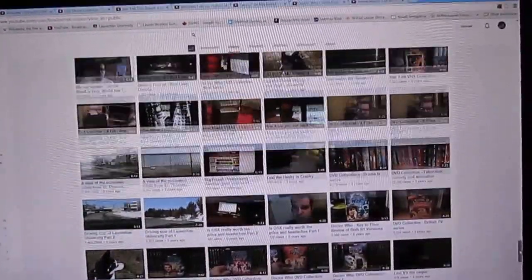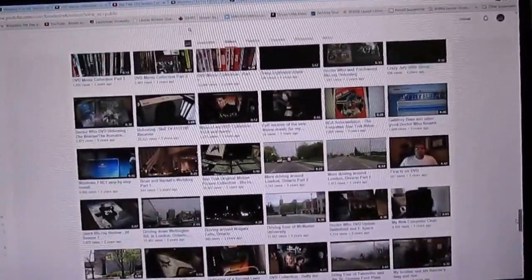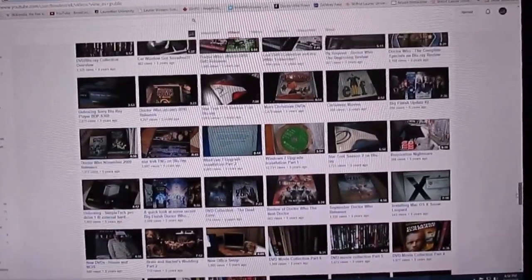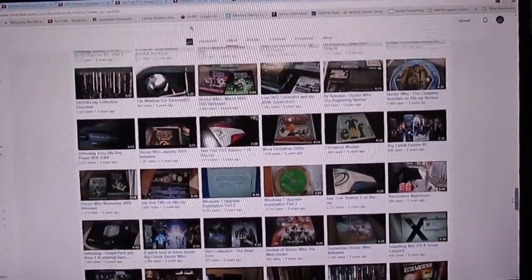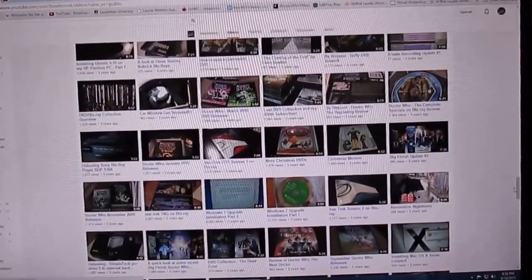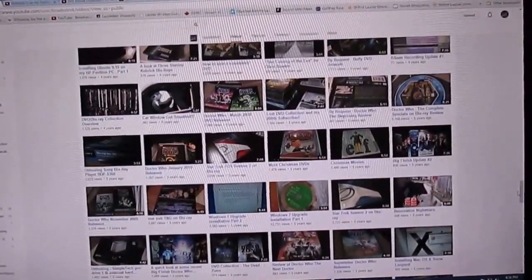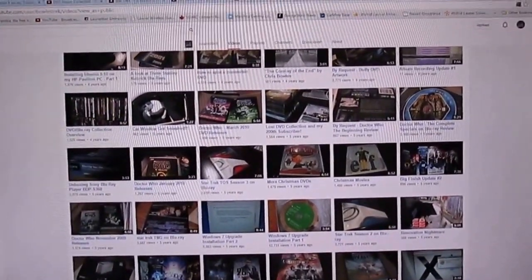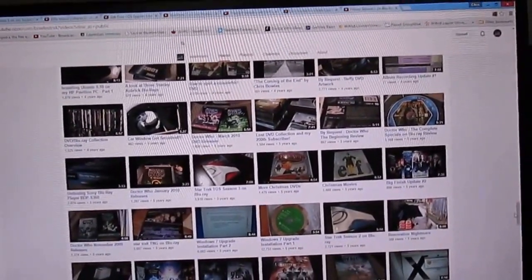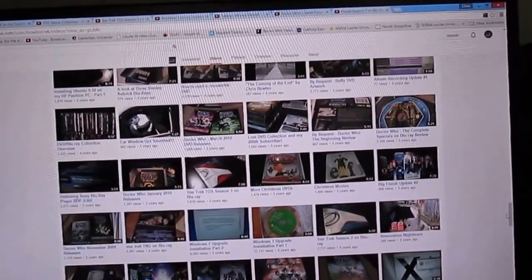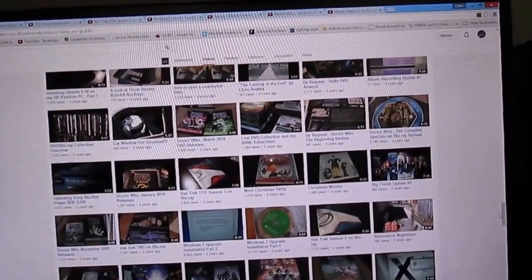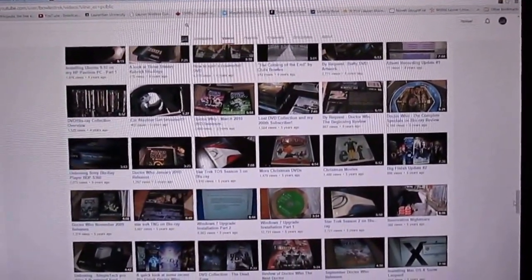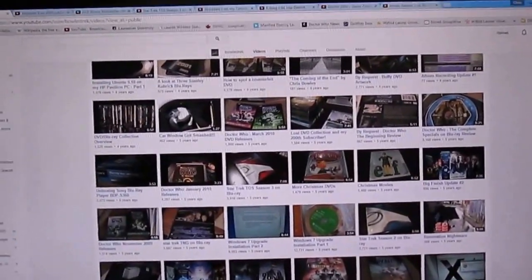So here we've got from 2008, 2009. Here they were pretty much all shot with the ZR-900 back then. It wasn't until later that year that I picked up the second one just for home video use. And at the time, I was using the Roxio editing program that came on my computer for capturing, and then anything that I needed to edit, I did in Windows Movie Maker. And then I don't even remember what the program was, but there was some kind of third-party option that I was using to